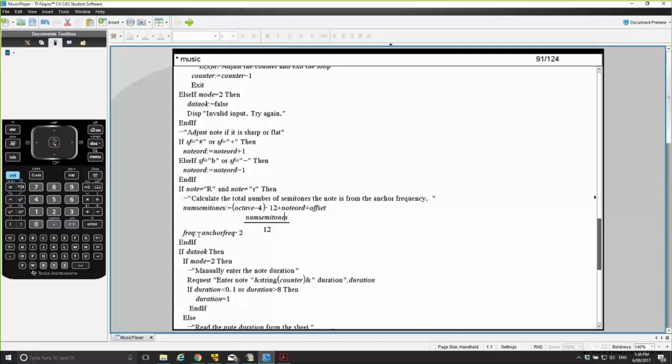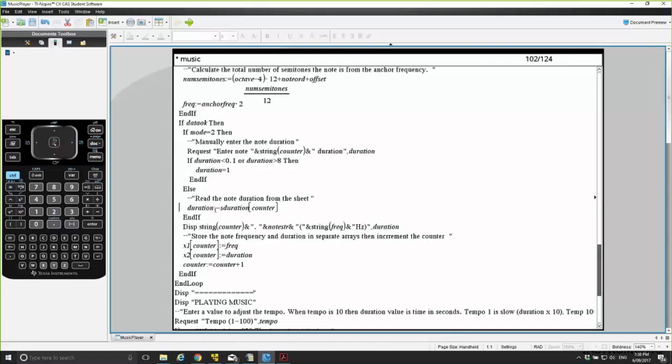And therefore we can then create our frequency for that note, which is our anchor frequency, or 440 hertz, times 2 to the power of number of semitones over 12. So that's a pretty nifty way of doing it, so that you really don't have to know any frequency other than 1, which makes it pretty tidy. And then there's some code for our manual entry of notes, and then we get to the end of that loop,